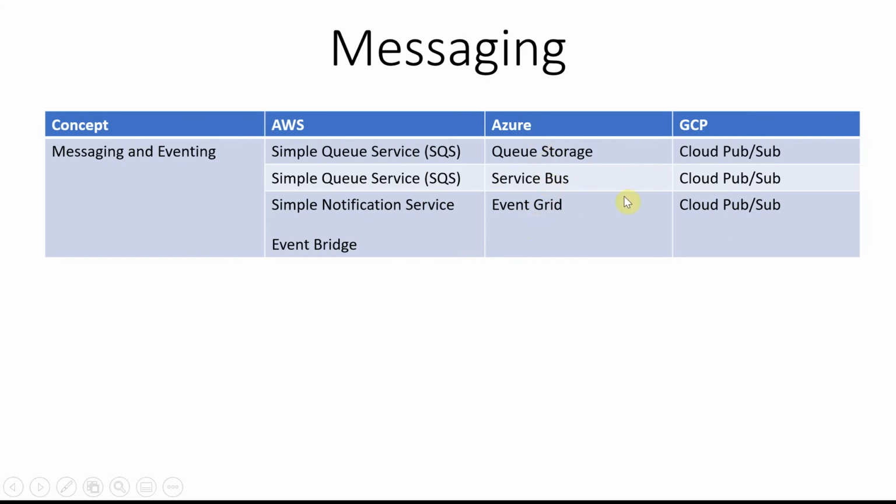The equivalent to that in Azure is Event Grid, where you get a lot of messages, producers, consumers, all these things. And in the GCP world, it's all one product, which is Cloud Pub/Sub. Cloud Pub/Sub is the solution for what Kafka is in the open source world of messaging. Kafka is more popular, so the answer to Kafka in GCP is Cloud Pub/Sub.